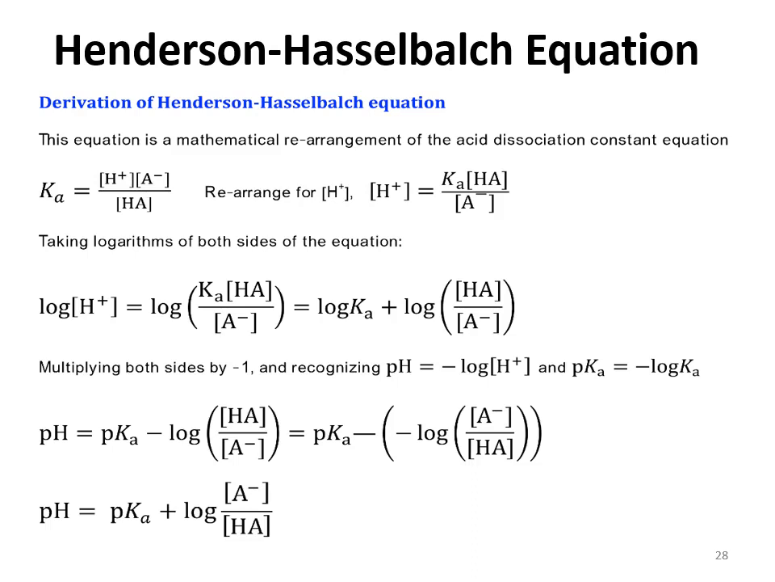the undissociated acid and negative ion concentration. Multiplying both sides by negative 1 and recognizing pH, as we know that the negative log of hydrogen ion concentration is pH and pKa is the negative log of Ka, which is the dissociation constant for an acid. So the equation will be pH is equal to pKa minus log of the undissociated acid over the concentration of the negative ion. Next will be the pKa. We are separating